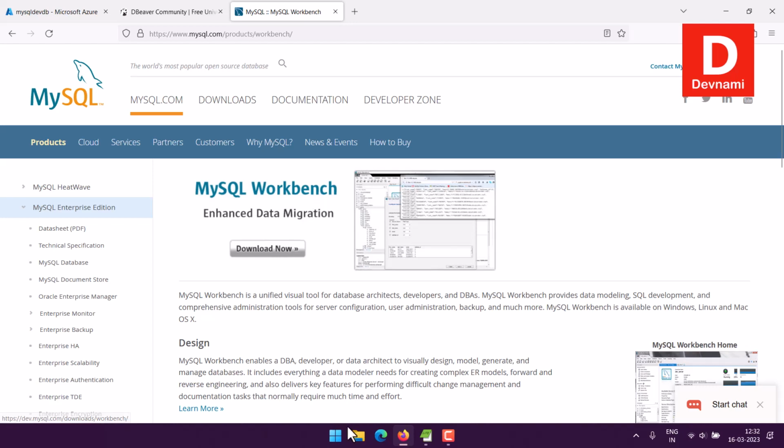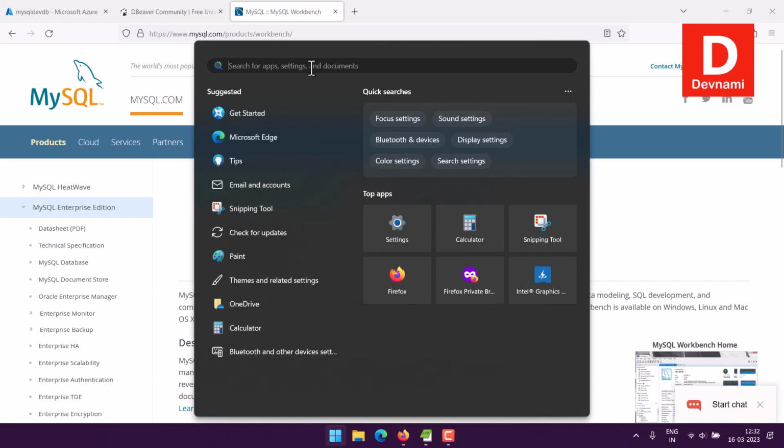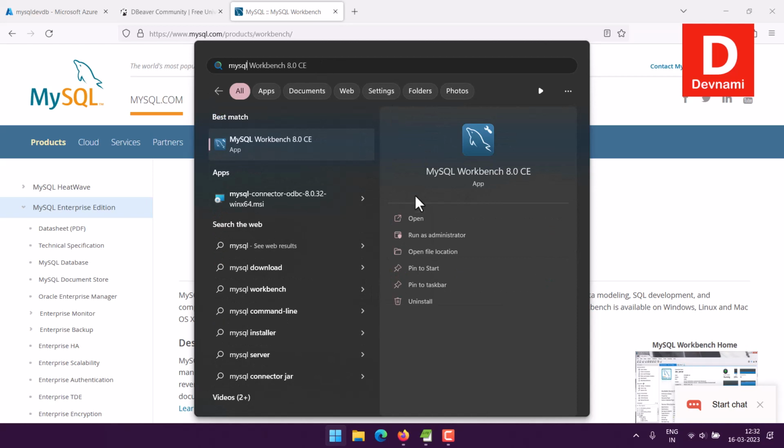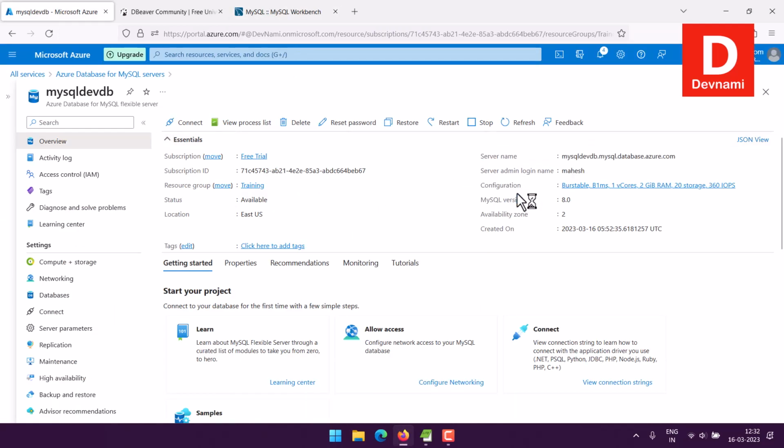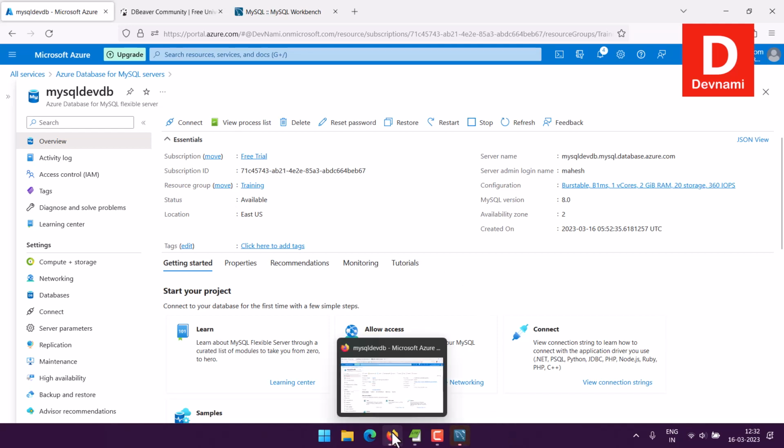So I have downloaded this and I can search on my desktop for MySQL Workbench, and let's open this, right? As already explained, as you can see, I already have all of the details available: server name, username, and password, right? Once you do that, you are good to go with manipulating your database. I created the sample database along with an employee table inside it, so I'll be accessing that,